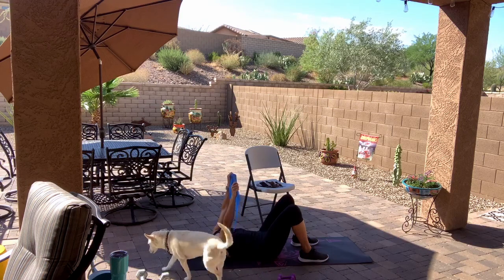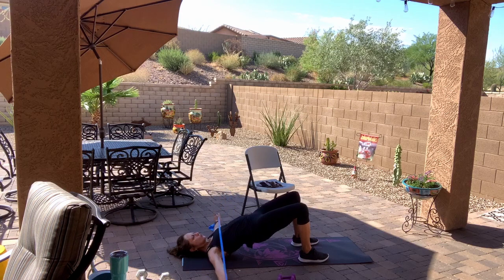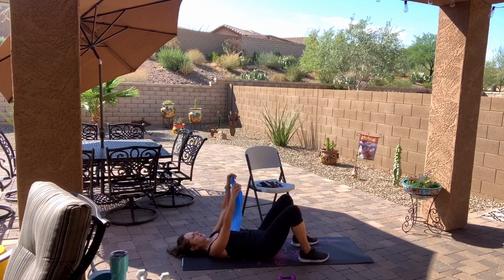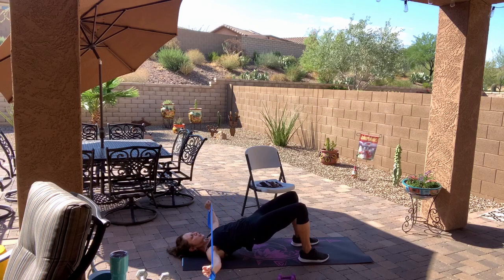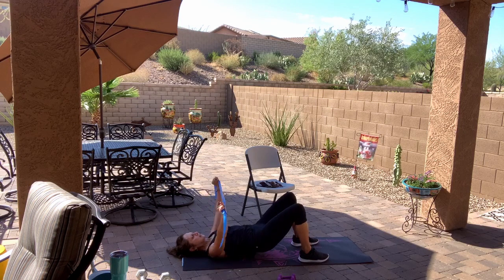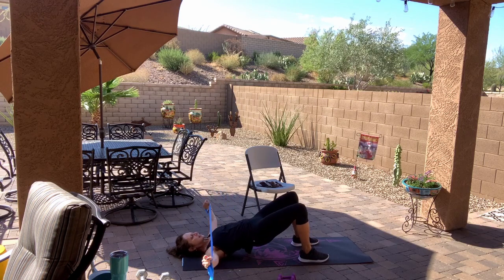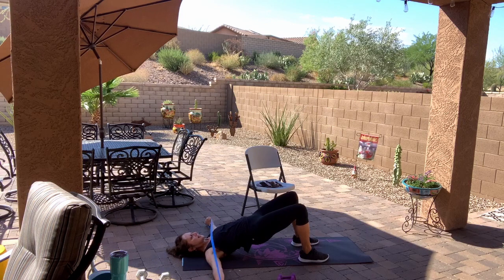Starting with no resistance. Get ready. Here we go. Stretch, lift. 1, 2, 3. Squeeze hard through the glutes. Stretch that band. 4, 5, 6, 7, 8, 9, 10,